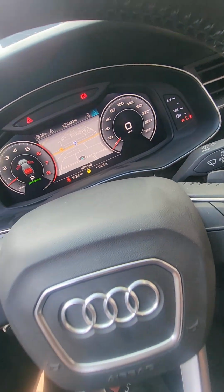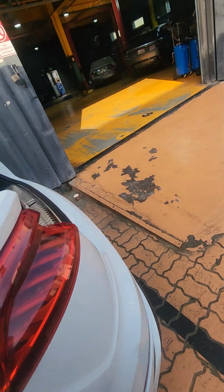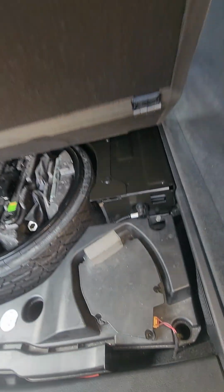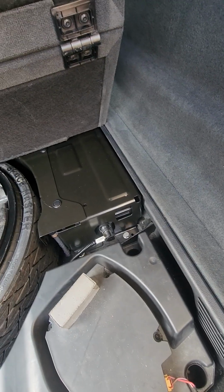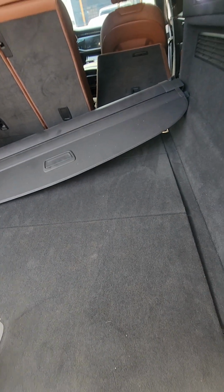So when I changed the alternator, I realized that the alternator was not exactly the problem, but the alternator also was giving a bad signal. After we changed the alternator, the car was still not charging until we did the programming for the alternator